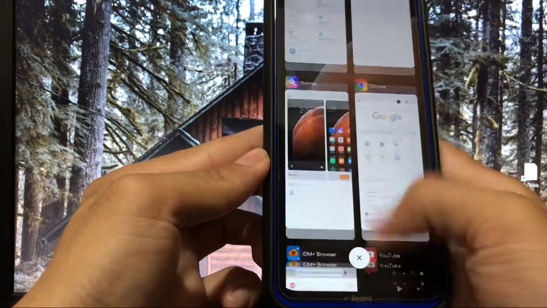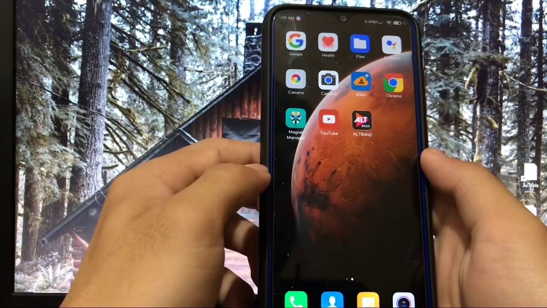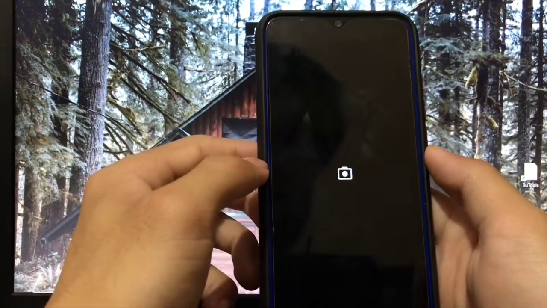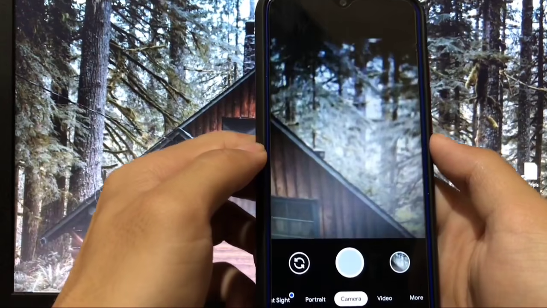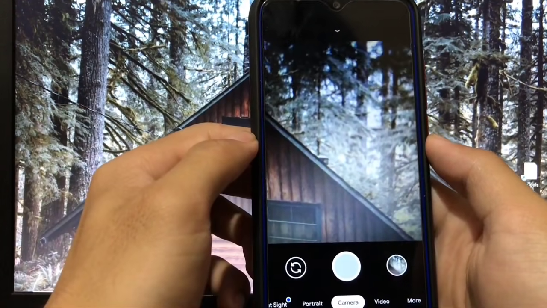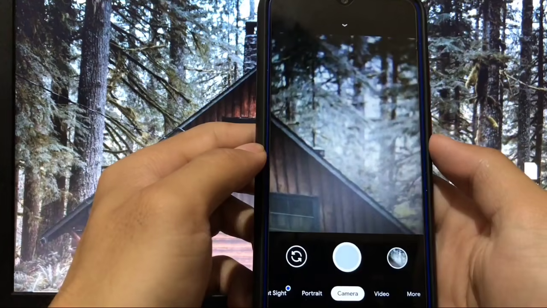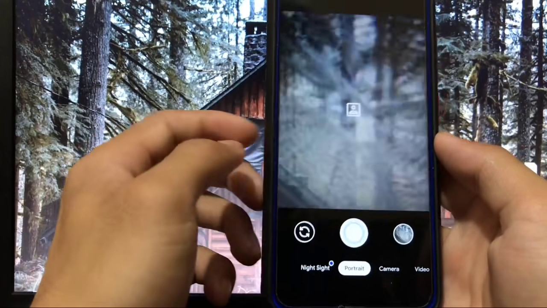So after all these things, if you want to install this build on your device, okay, one more thing to show you, I just forgot about that. This one is Gcam. I'm using Gcam 7.3. I'm using Gcam 7.2. Both I have installed. This one is Gcam 7.3 with HDR plus mode on. And when you click, photos are clicking beautifully without any issues, not a single bug here.